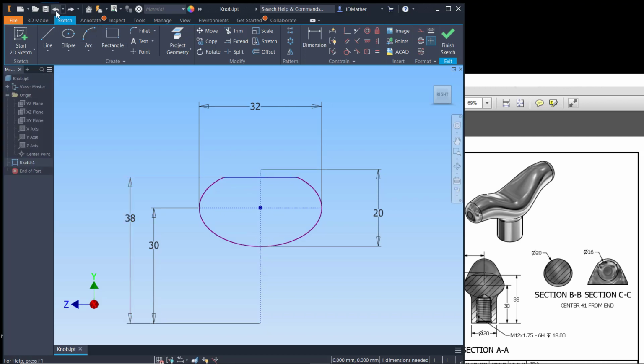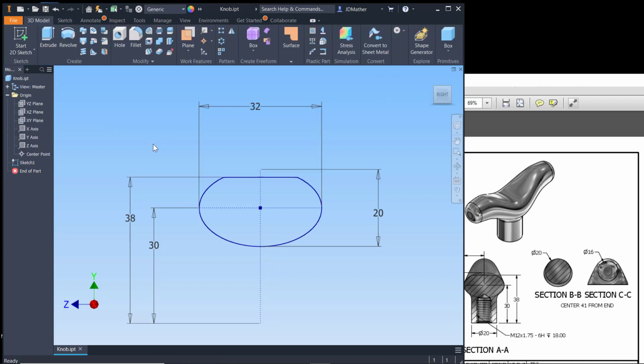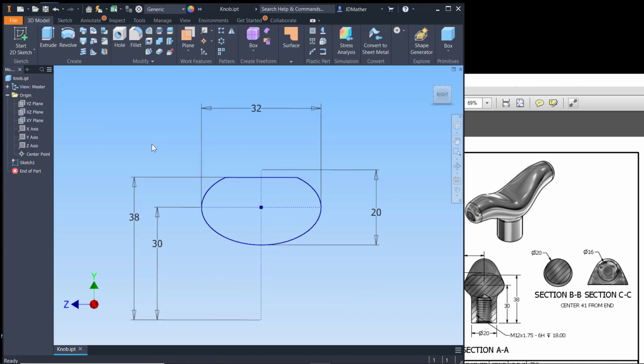So I'll undo that, and I'll do coincident. So imaginary, if this curve continued on up through here, it would go through this point. So I'm going to select the curve, I'll select that point, and it all turns dark again. It's all fully constrained. Alright, I'm going to finish this sketch, and then I'm going to